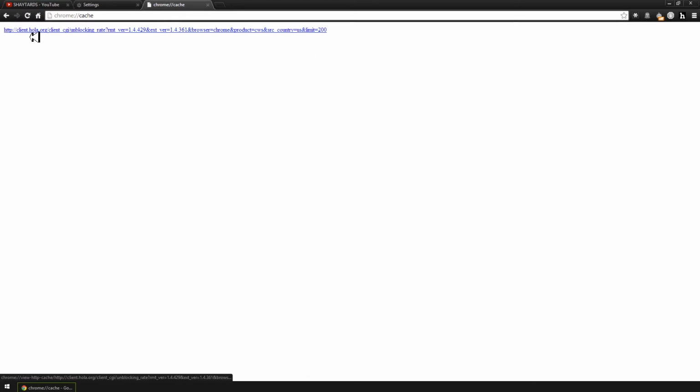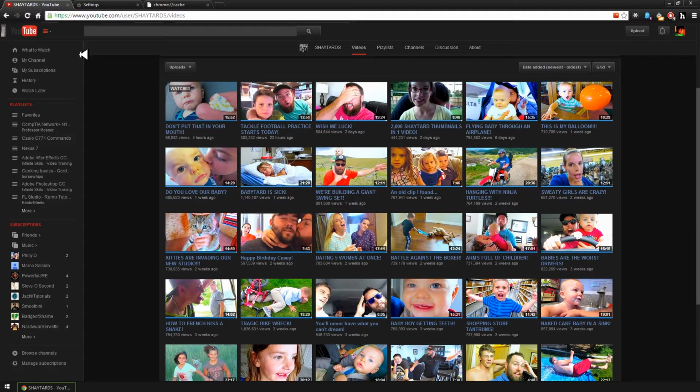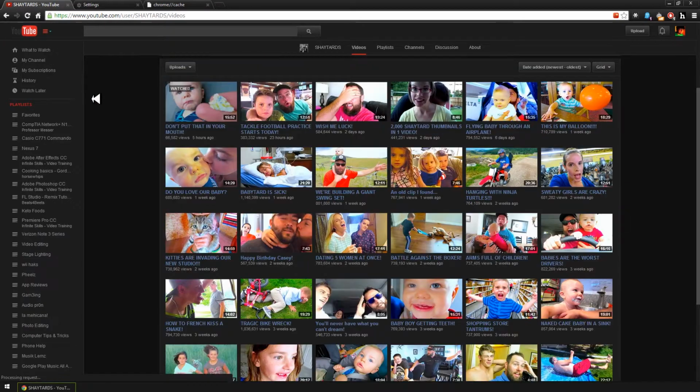Sometimes, as you see in my case, I have the Ola client, so it's an extension. It might have one file here, but it shouldn't make much of a difference. Just keep in mind that's something you're not going to want to download, and this will all make sense as it all comes together towards the end. So right now my cache is essentially empty, and we want to go back to the page where we want to download the images. Once on this page, we want to do a quick refresh,